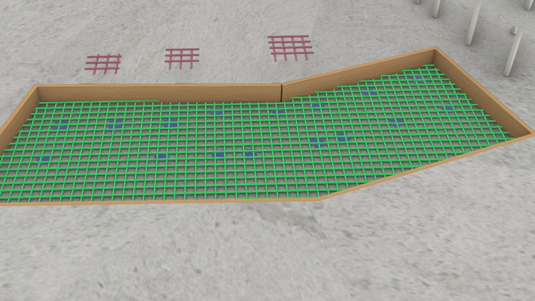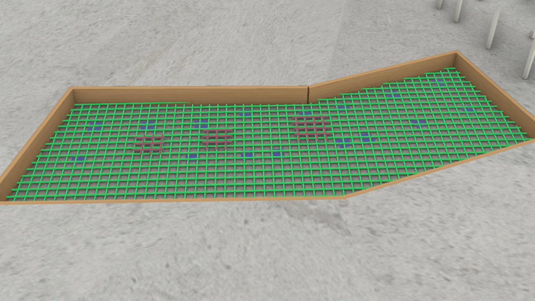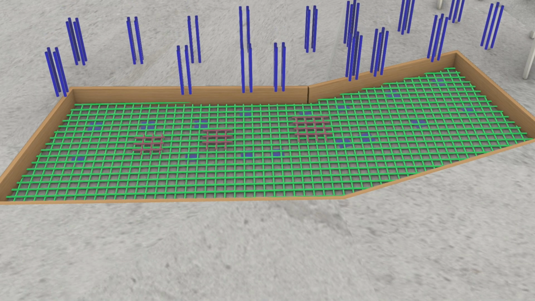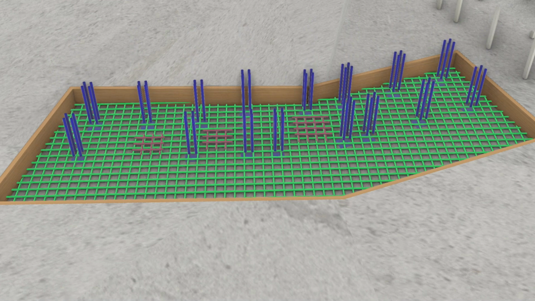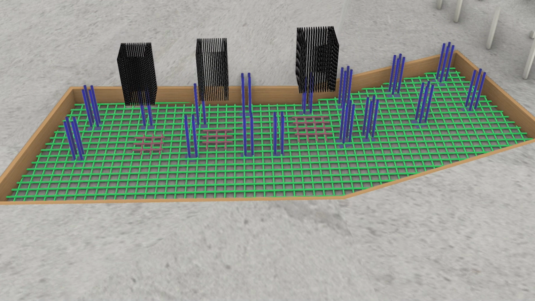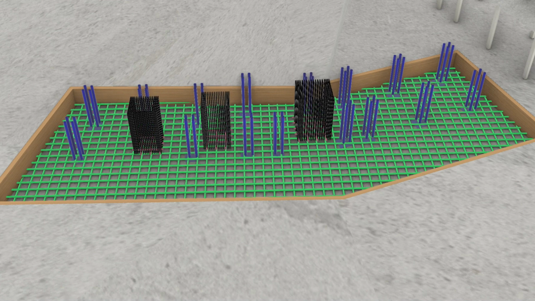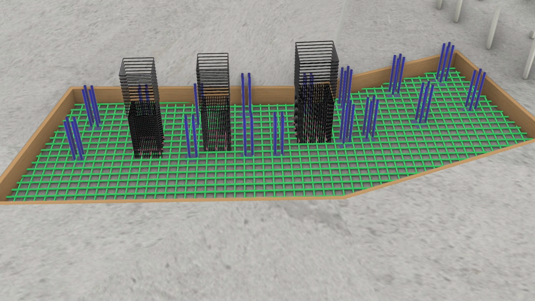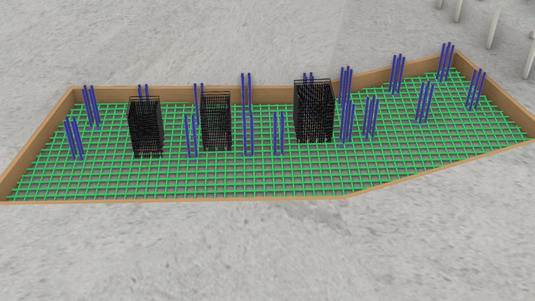At column strip zones, where concentrated loads occur, extra bottom rebar was added, thicker and more closely spaced than in general zones. Next, top rebar was placed in a similar grid pattern above, completing the reinforcement cages. Above the mat, main vertical rebar for the mega columns were installed. To restrain these vertical bars, horizontal tie rebar was added. In lower portions of the columns where buckling is more likely, these ties were placed at tight 100 mm intervals